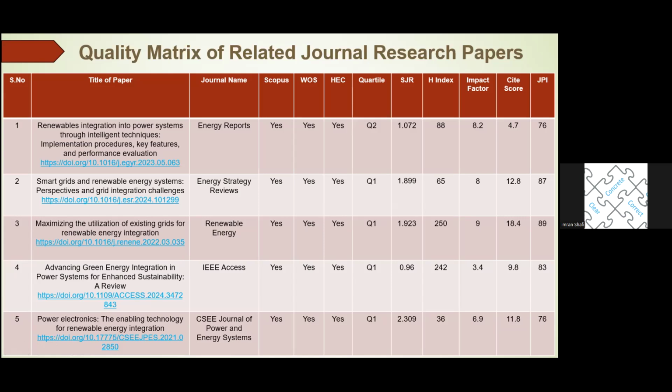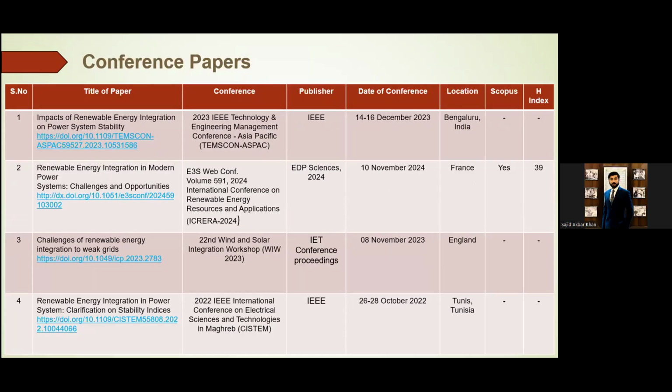ठीक, बिल्कुल ठीक। So these are some conference papers which I have selected. Sir, I got only one on Scopus, the rest were not there. But I am working on them, sir. If I get much better conference papers than these, I will also be mentioning them. Only the second number was indexed on Scopus, the rest were not there, sir. However, the publishers are well known, for example, the IEEE, IET conference proceedings. Sir, these are well known publishers. That's why I have selected them, but I didn't get these conferences on Scopus. ठीक।